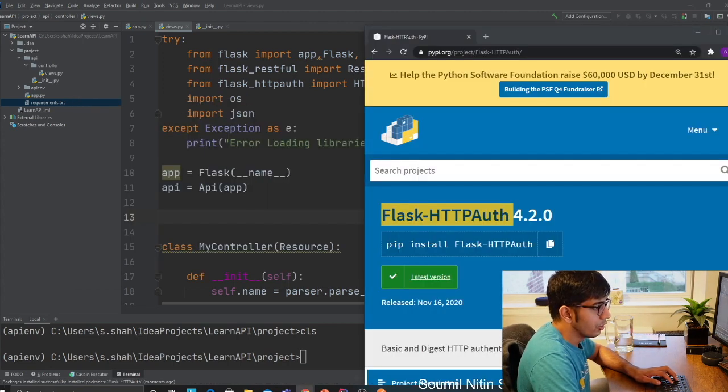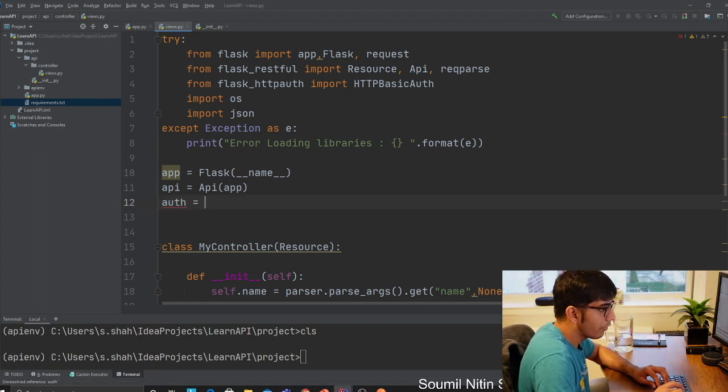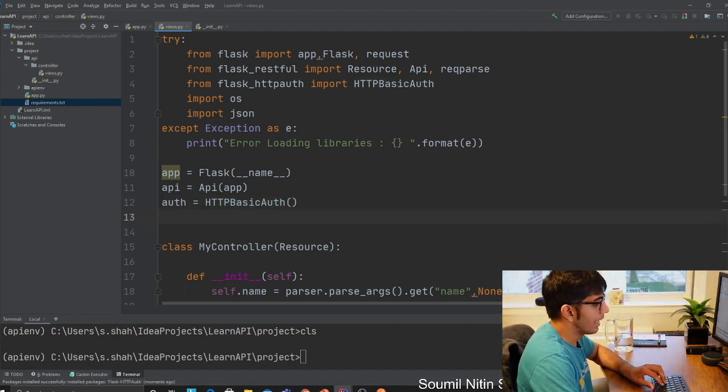Okay, so once you've done that, let's add some very basic authentication to it, right? So I want to close this file right here. Let's close that. Okay, so now what you have to do is create an instance, auth, HTTPBasicAuth, like that. So now that's done. Now, since this data is not going to come from a database, I'm going to mimic that as if it's coming from the database.